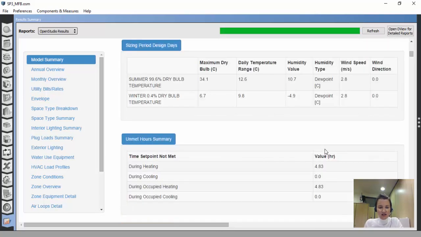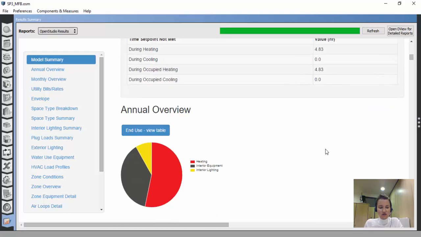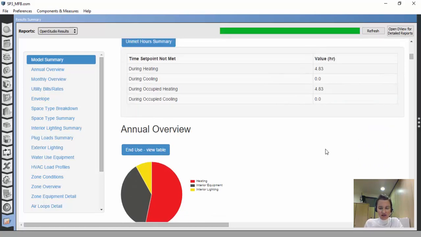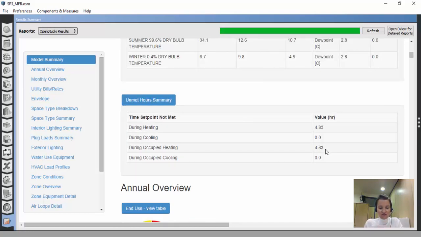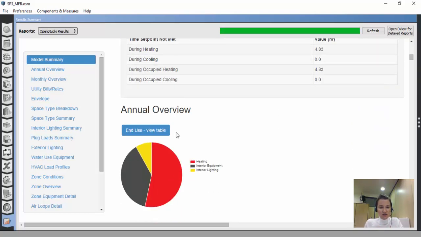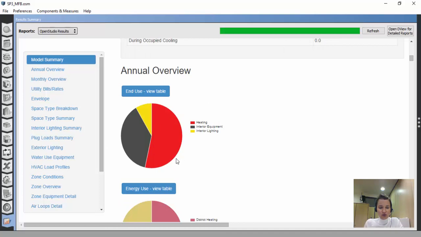We can check here several tables regarding unmet hours, for example, the hours that are not meeting the set point of the thermostat, an overview regarding the energy use, the percentage for heating, interior lighting,